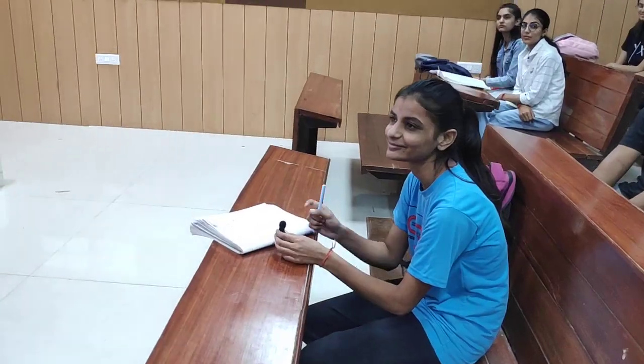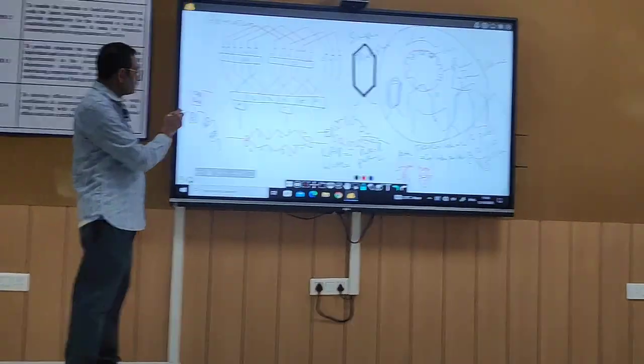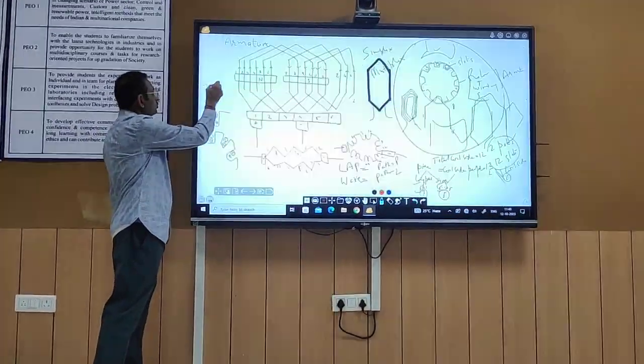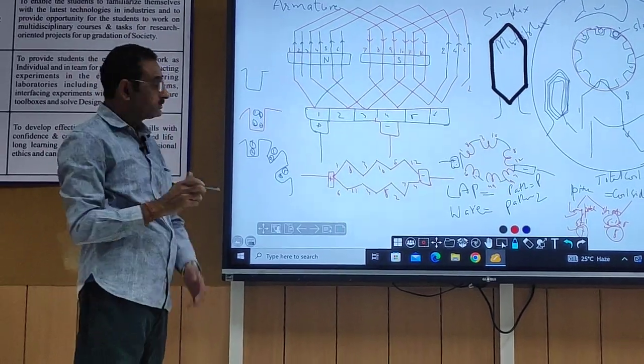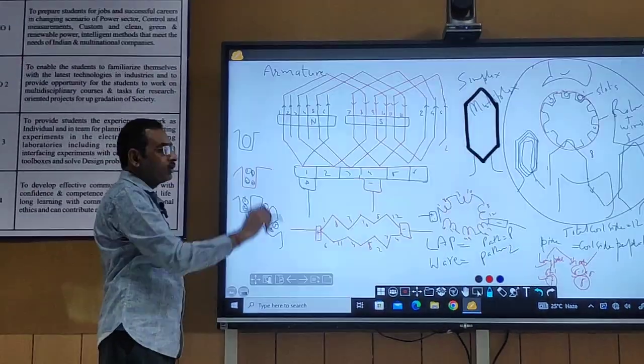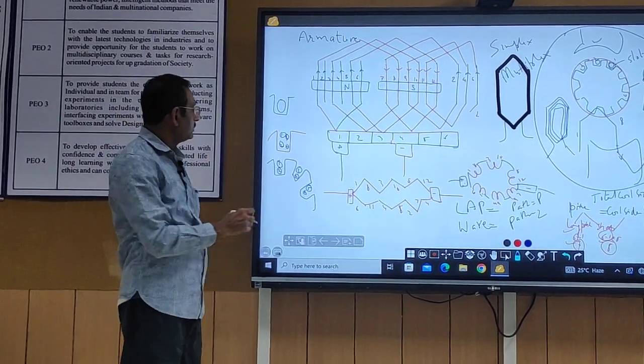Please repeat the simplex and multiplex again. If now please see, we know in the rotor there are slots. If in the slot there is one coil side, then it is called the simplex. And if it has